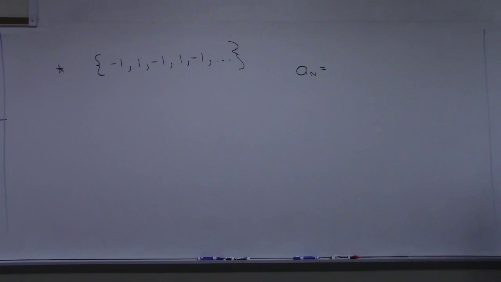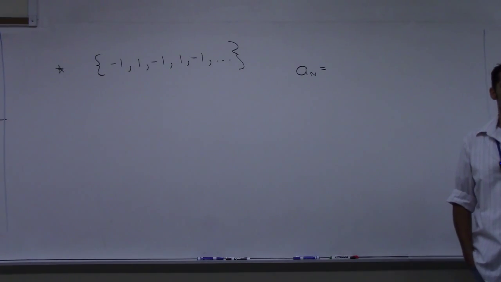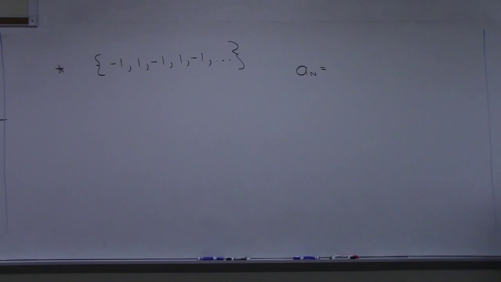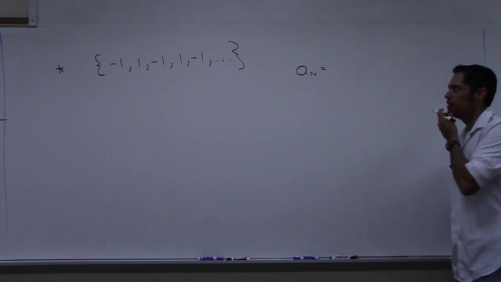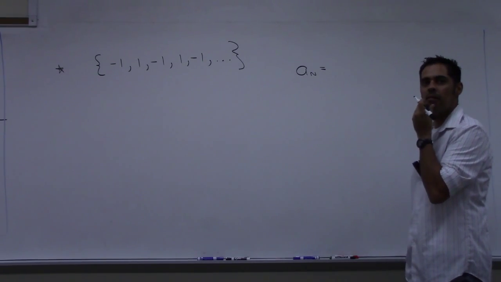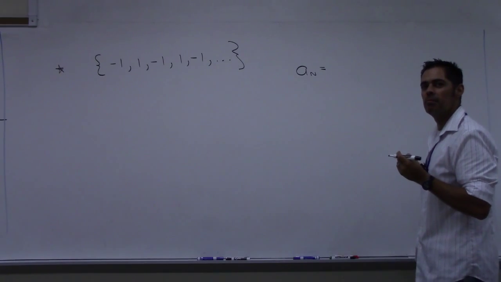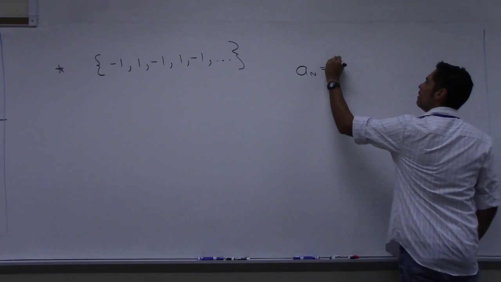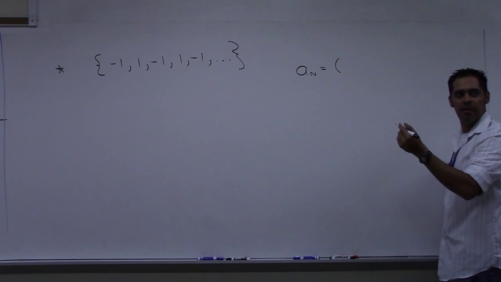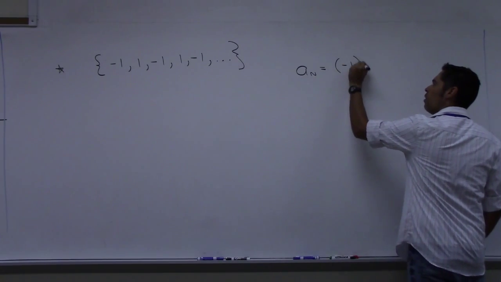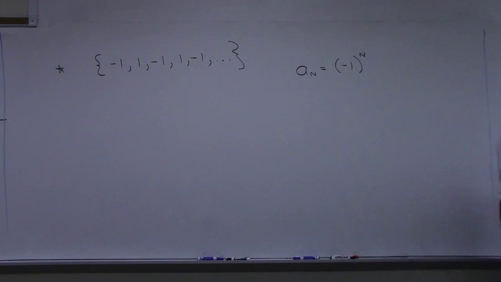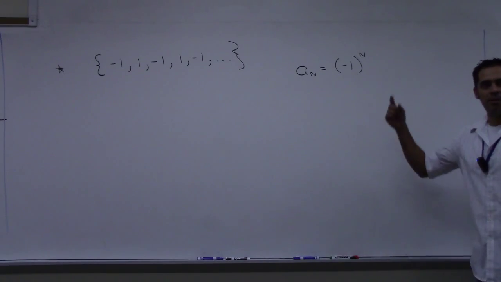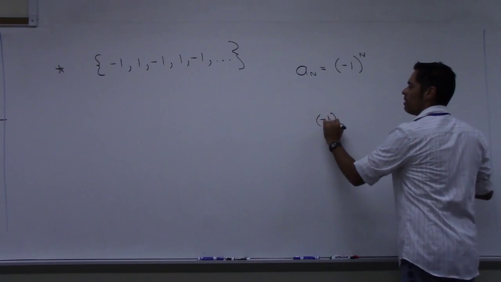1 to anything should be itself, should be 1, right? 1 raised to any power should be 1, so you can't use 1. There you go. Did you say negative the first time? I didn't hear negative. You said 1. Negative 1, that whole thing to the n. Does that work? So if you plug in 1, you get negative 1 to the first power, which would be